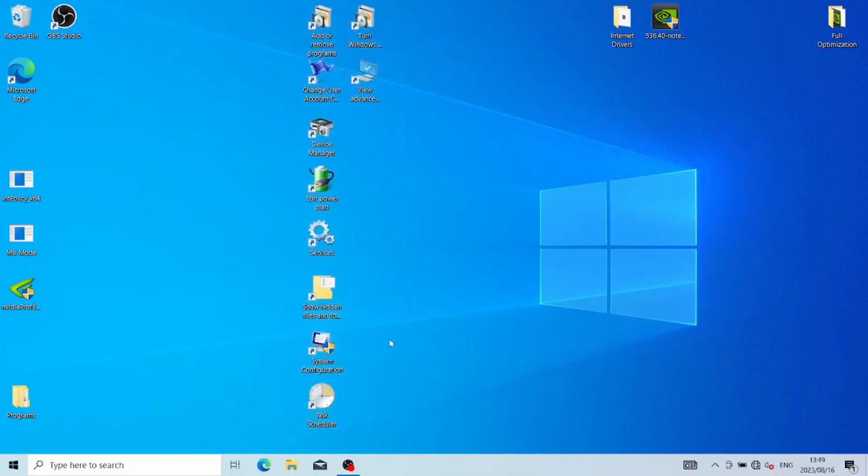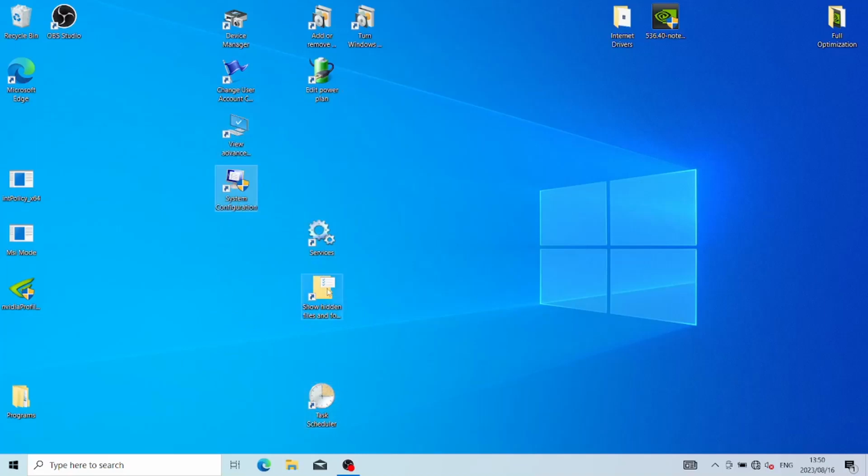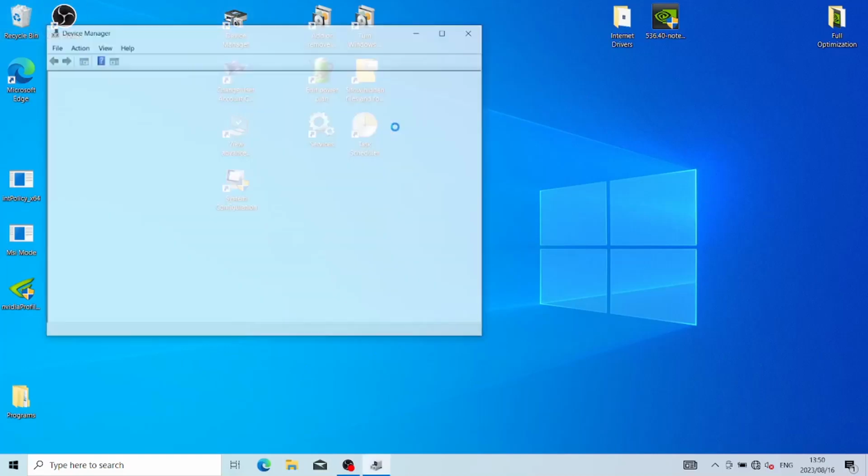Boom. Okay, cool. So the only thing that we're going to be needing right now is device manager and change user account control, and then we can also do advanced system settings and system configuration. The rest of these we're going to be working with just now. So in device manager, just double click device manager,